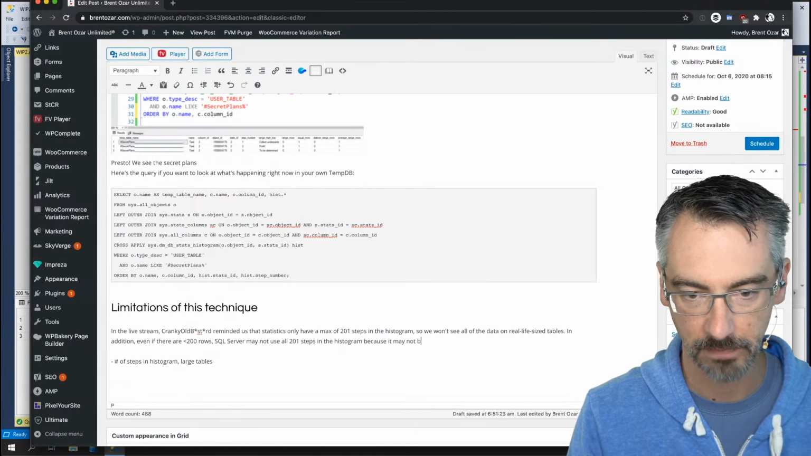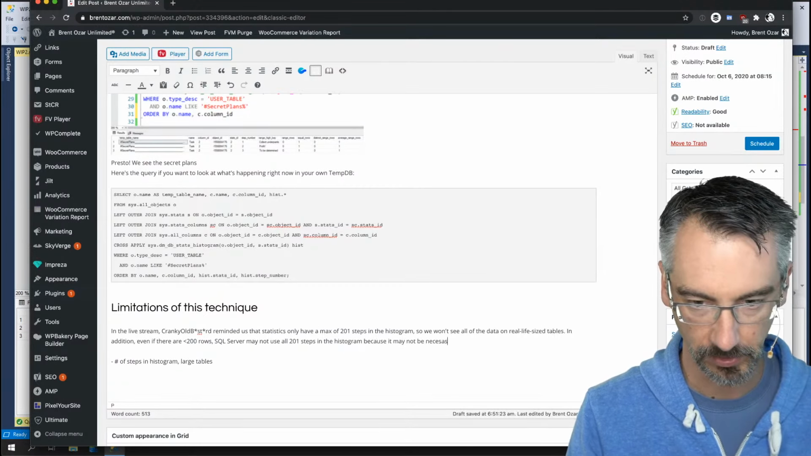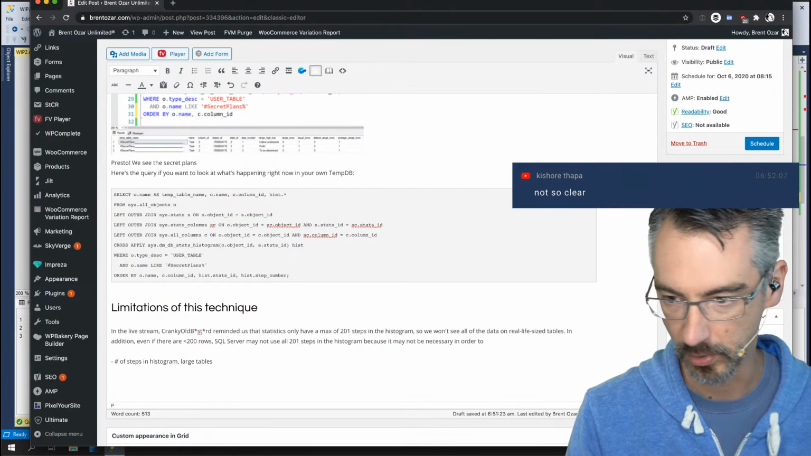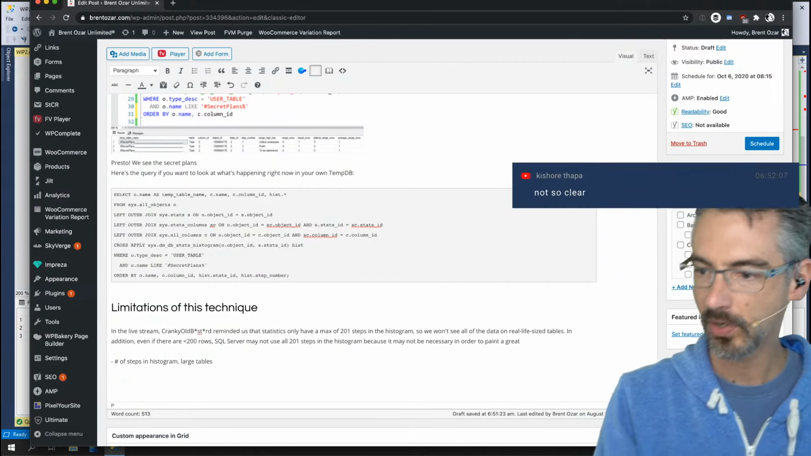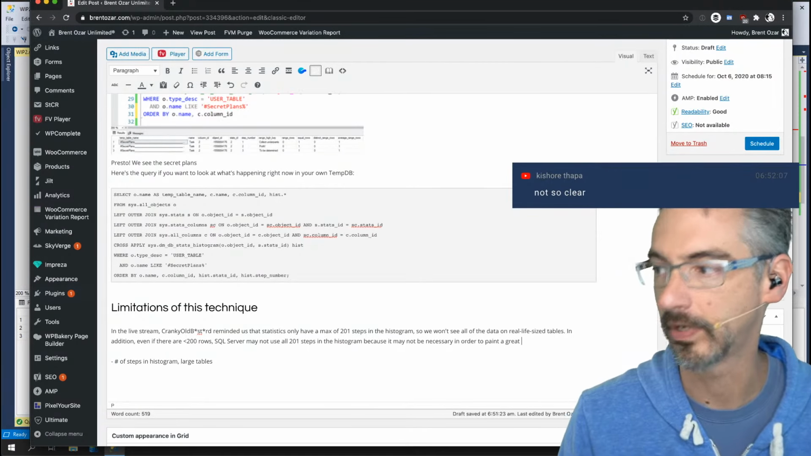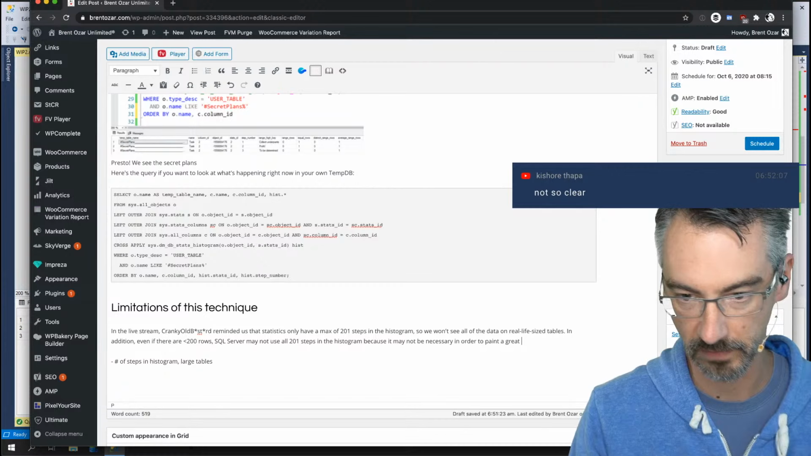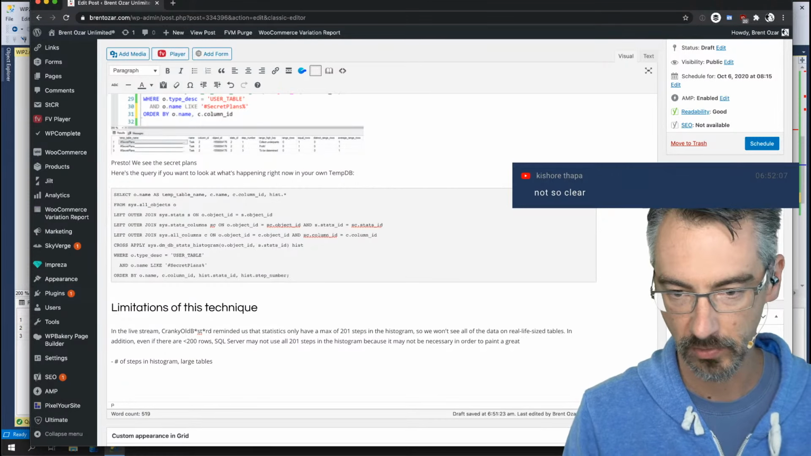because it may not be necessary in order to paint a great picture. Kishore, if you're talking about your glasses, I would agree. It's time to wipe the Vaseline off so that you can follow along in order to paint a great picture